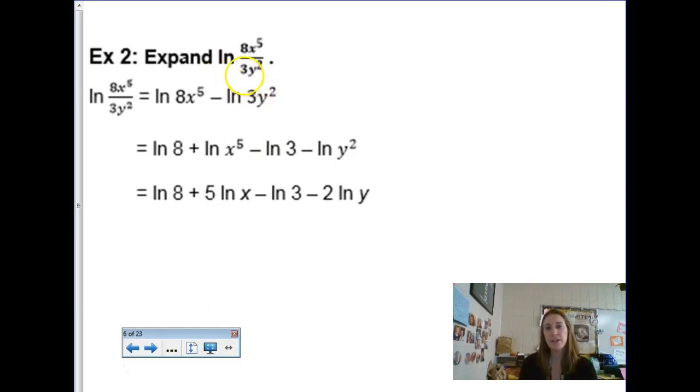So here, a natural log of all of this hot mess is going to be expanded, which means we're not going to stop until we have multiple logarithms, there's no more exponents, and inside each logarithm there's just one thing. So the first thing they did was separate it into a subtraction problem where it was the log of the numerator minus the log of the denominator, and then within each of those logs, maybe you notice that there's a multiplication problem. So they split the multiplication problem up into log of 8 plus log of x to the 5th,